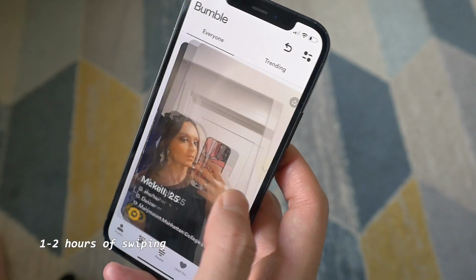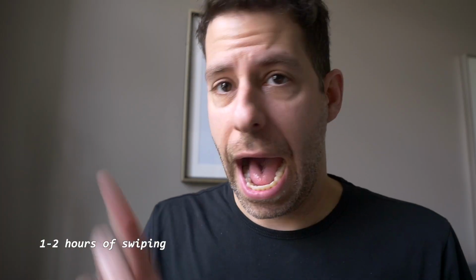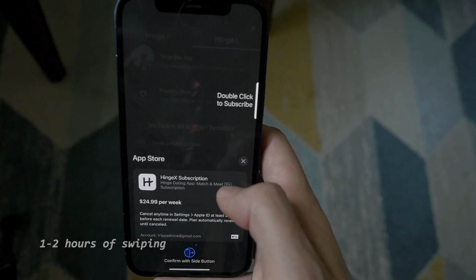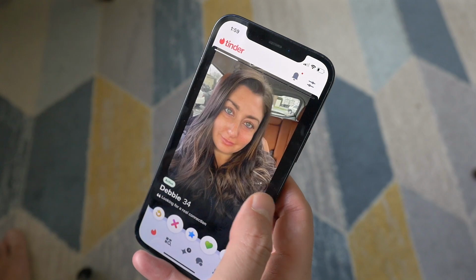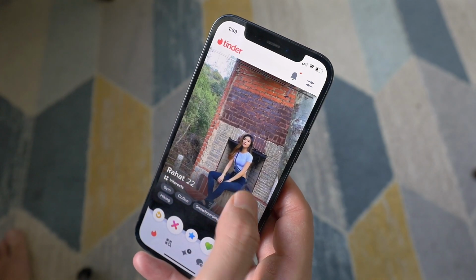All right, let's give you an update on what's going on here. So I've been at this for about an hour and a half, 2 hours. And I do want to mention a couple notes here: I am paying for all of these apps. I'm paying for the top tier of whatever they have to offer inside of Hinge, Bumble, and Tinder. I'm using any sort of super like or super chat or whatever they give me. I'm not being too conservative with that. Whatever they give me, I'm using everything I can to my advantage, and I will continue to do that tomorrow when we change the profile up.